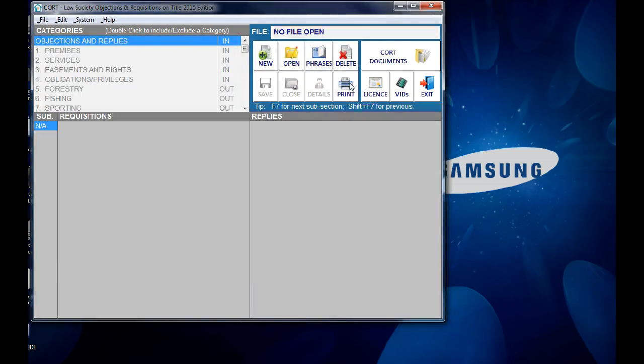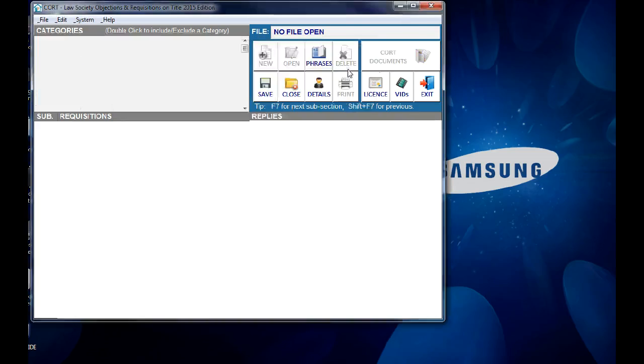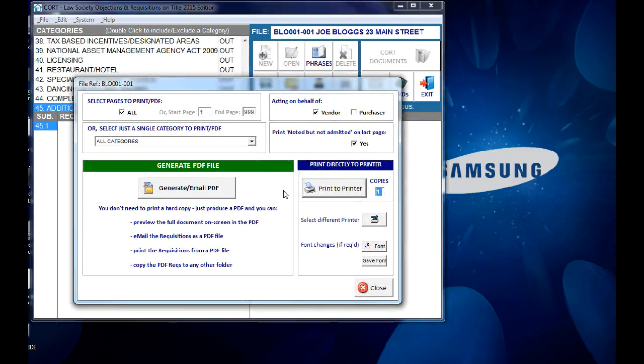Now once the set is saved, you want to print it. So let's do that. I'm going to select a different one where I have more detail in on it for demonstration purposes. So I'll select the Joe Blogs one. Click on Open, and it opens up the print screen, which has two options: generate the PDF or print directly to printer. This you rarely need to use at all, because once you produce a PDF, you can print from the PDF, or you can email that PDF,